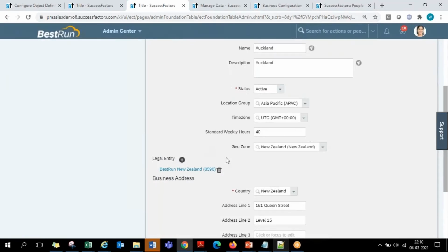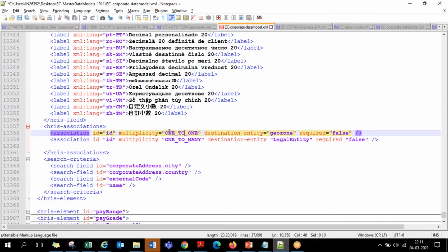1-to-1 associations come as a drop down like this. They don't come on the left-hand side of the screen along with the regular fields. They come as a drop down. I can't select more than one here; I can select only one in a drop down. That is how the front-end UI of 1-to-1 associations is seen, where this is the only standard, by default given, 1-to-1 association in SFEC BC. Rest all are one-to-many.